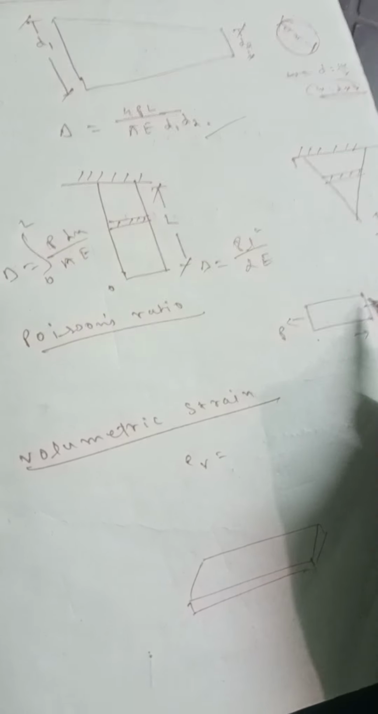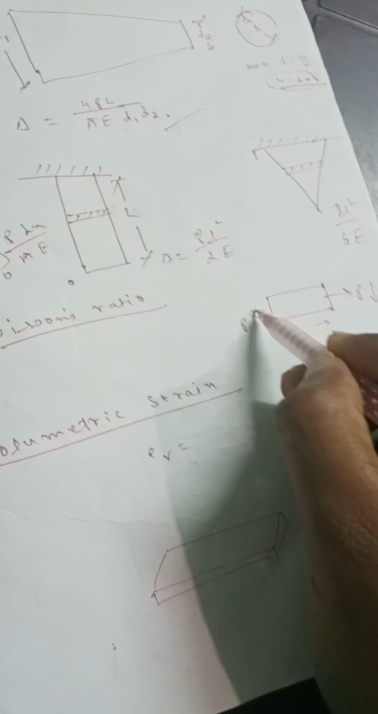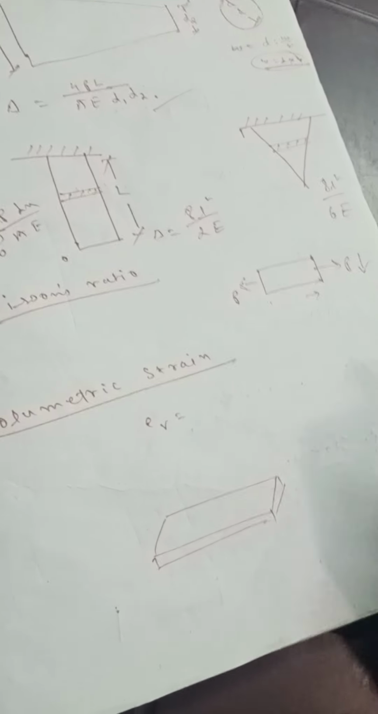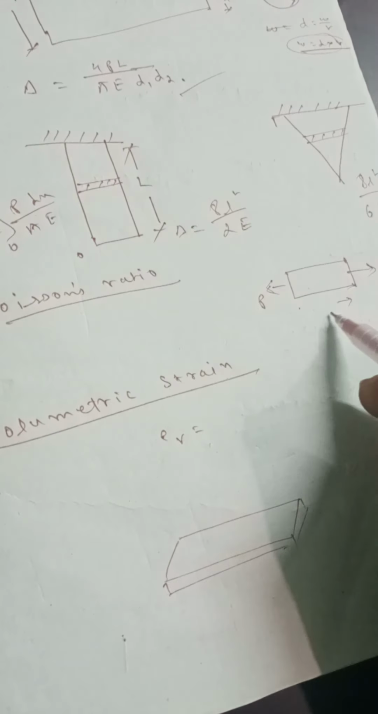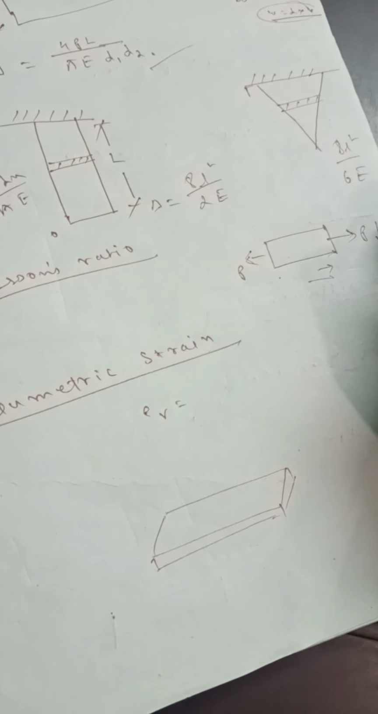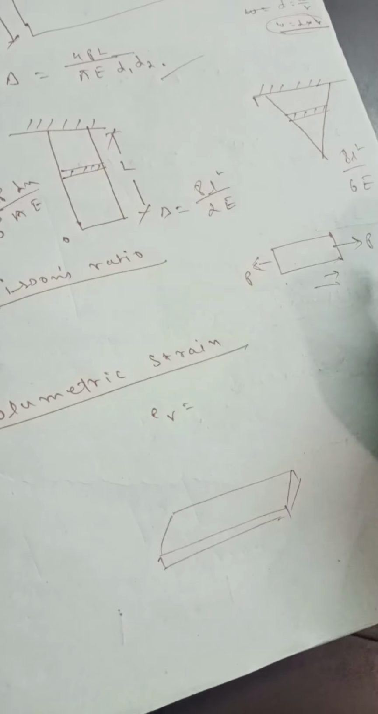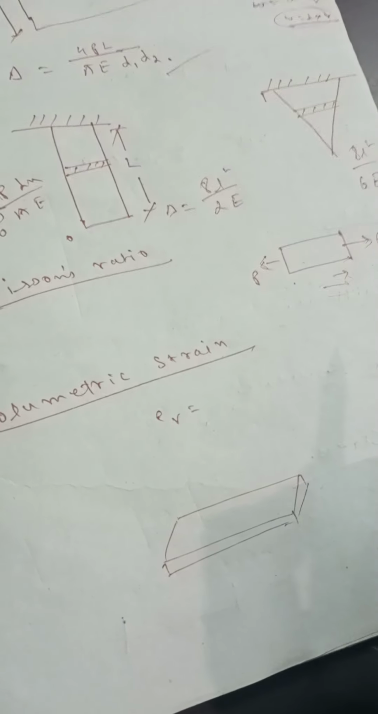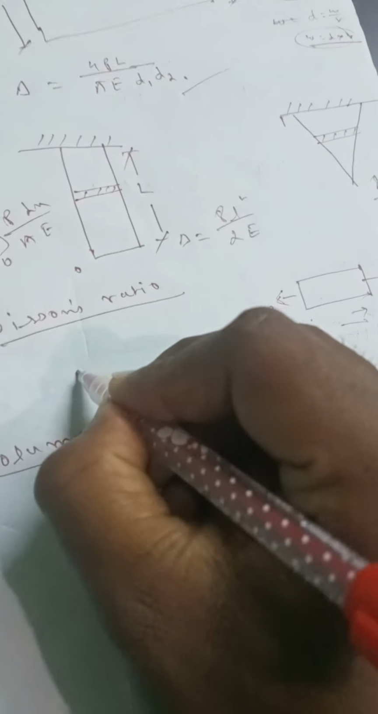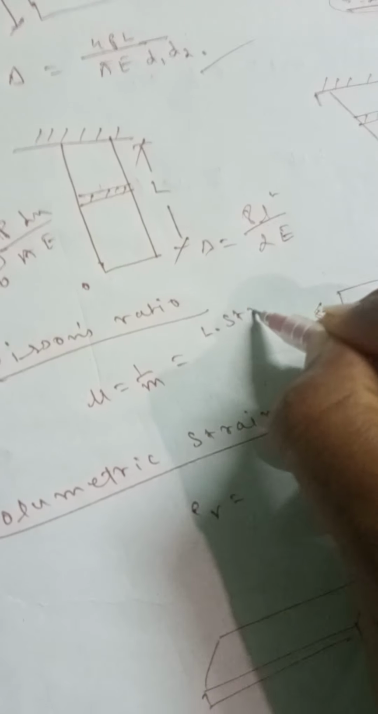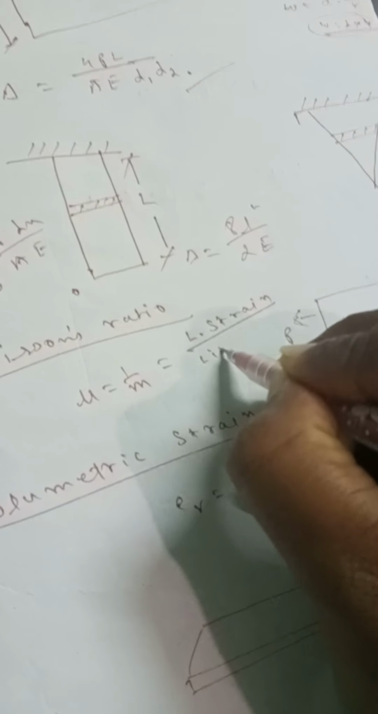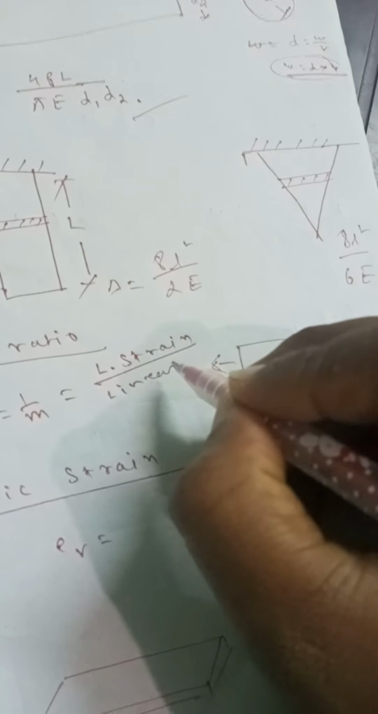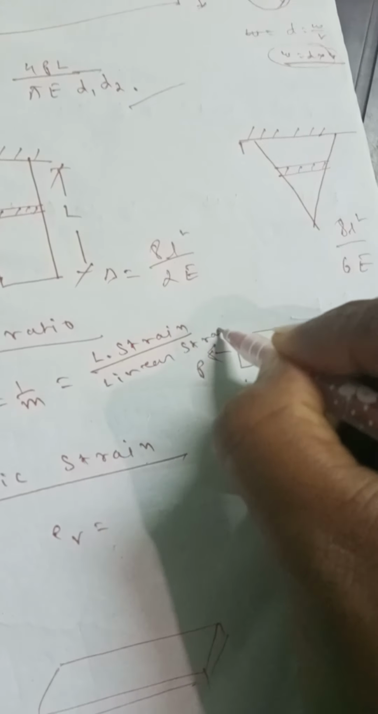If this bar is applied a tension force of P, it will change its length accordingly in the linear direction and also in the lateral direction. So the ratio of strain in the lateral direction to that of the linear direction is Poisson's ratio, and it is denoted by mu, or suppose 1 by m, and that equals lateral strain divided by linear strain. Okay,